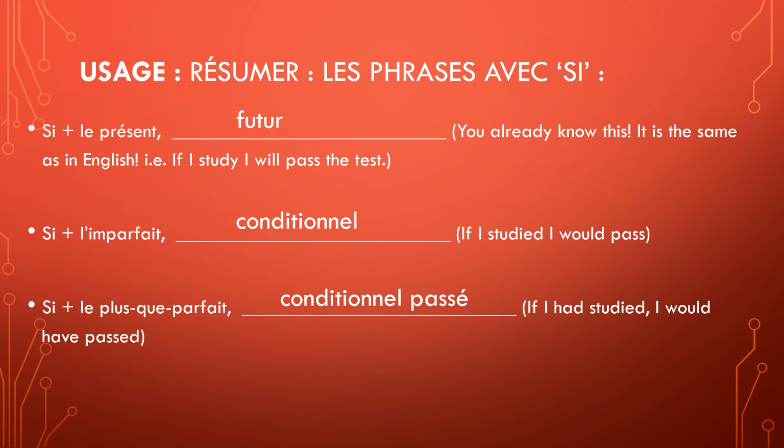And so this sentence expresses hindsight. So we're saying that maybe we've taken the test already and that we didn't pass. And then we're saying to ourselves, well, if I had studied, I would have passed. So not only did all of this already happen, but we're now thinking of a hypothetical situation attached to it.